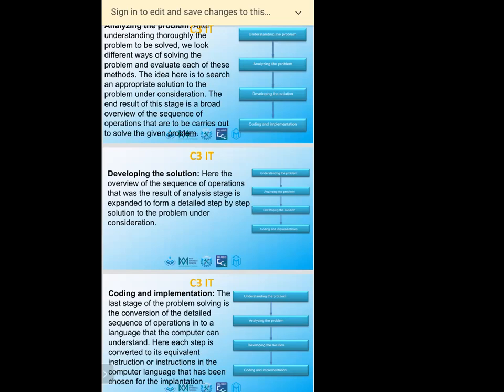Implementation means we will ask who wants to learn this software. Okay, if you want to learn the software, we will train you in this software. Okay, how do you enter all the information? For example, how do you enter your purchase? Then how do you enter the sales? Then how do you take the report? How do you install the product? Likewise, all the step-by-step procedures and instructions, we will give it to you. So according to that, you can work on the software. Okay, this is called coding and implementation.